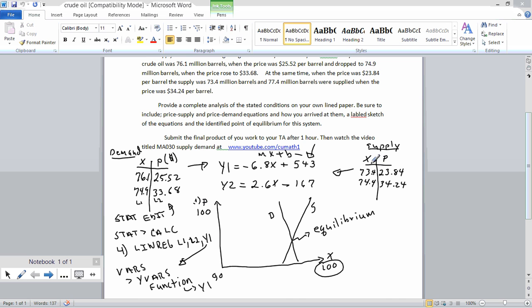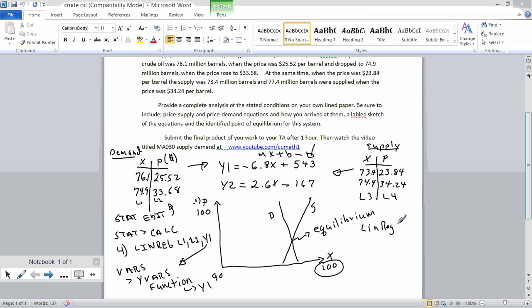That also works out for the supply data. The supply data turns out 73 and 4/10 million jumps up to 74 and 4/10 million as the price goes from 23.84 to 34.24. I did the same thing. I did the stat edit, but I loaded these numbers into L3 and L4. That way I still had the demand data available if I wanted it, but I had the supply also available to me. And of course I did a lin reg again,